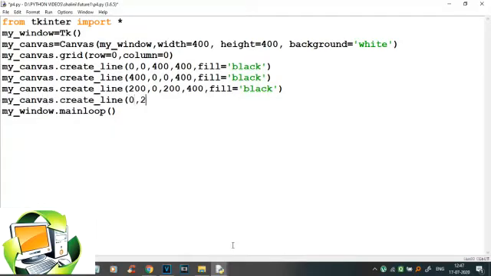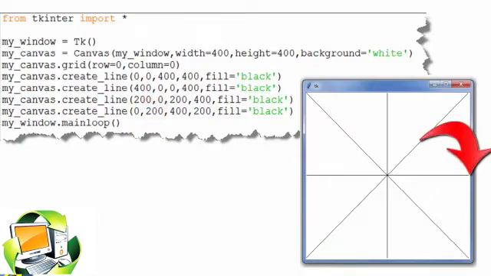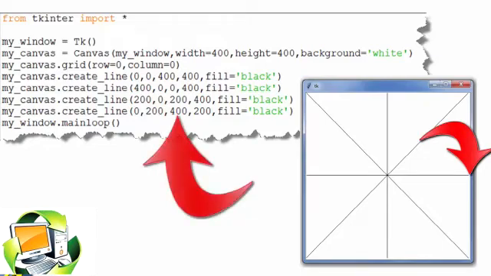Let me add another line which gives us the following output. The coordinate here is 0, 200 and at the other end the coordinates are 400, 200.